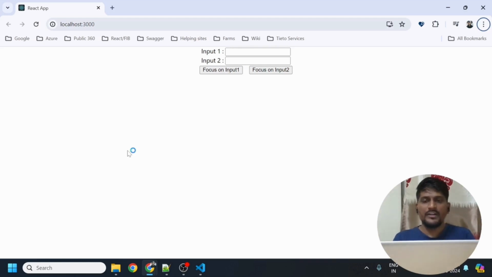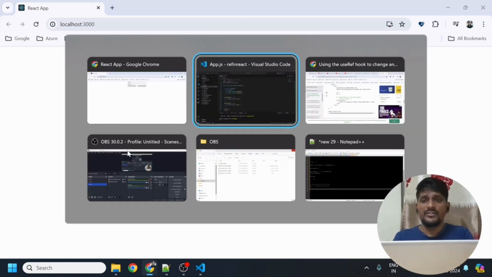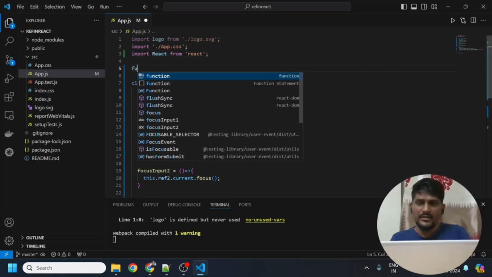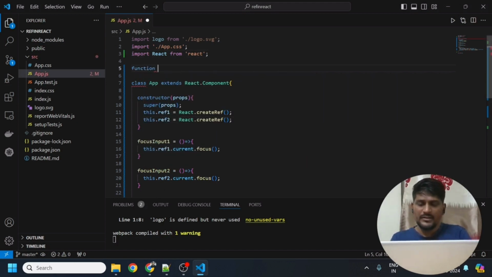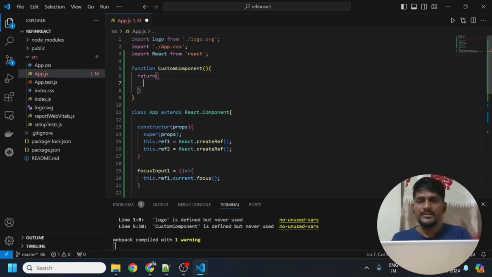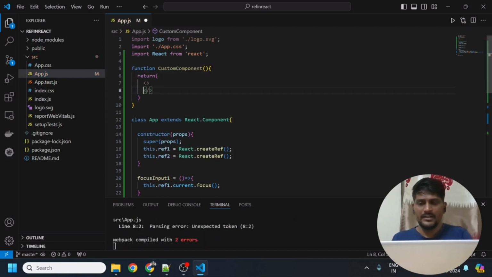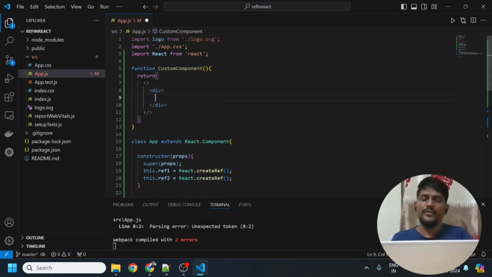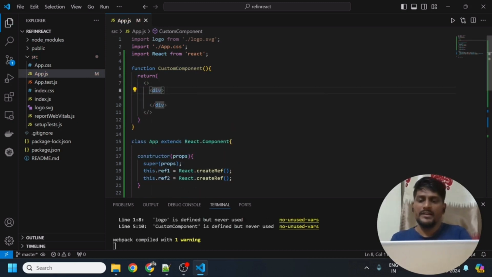Now let's look at how we can use the ref in our functional component. So let's create a functional component. I'll say function custom component, which returns our JSX code. Here I'll have a div, and here I'll add the CSS as